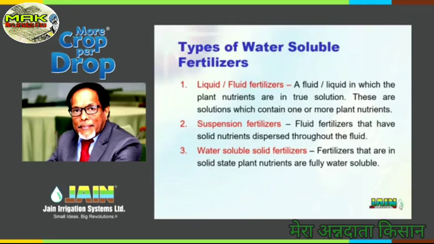You can carry 20 gram, 1 gram, half a kilo in a bag, go to the drip system. If it is a fertilizer tank, make a solution in a bucket. The proportions, etc., are given by the manufacturer of the fertilizer as well as by the system provider of the drip. You can put that solution in the fertilizer tank, or if it's a venturi, put that bucket under the venturi tube, suction tube. So this is probably the easiest. Technology has become easier and easier for field application.